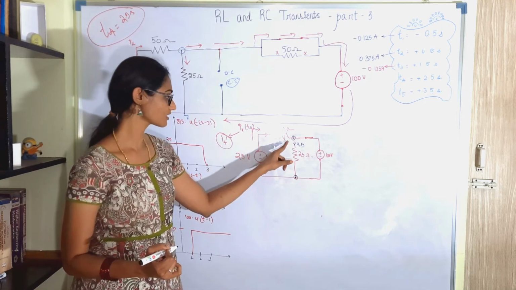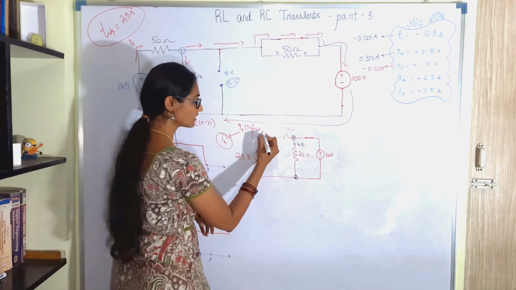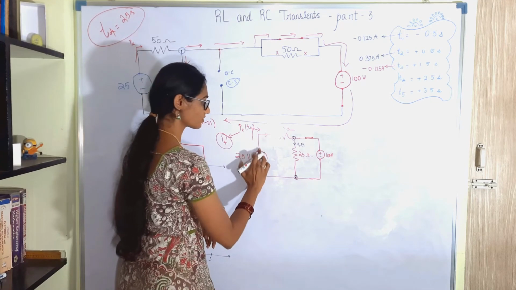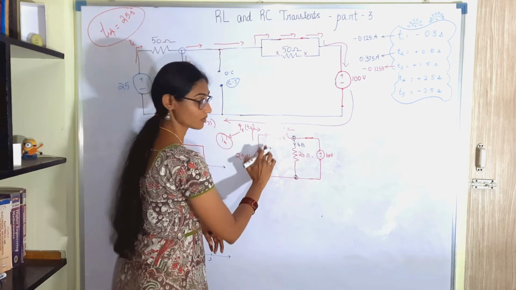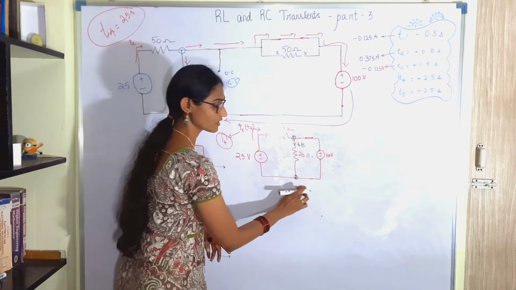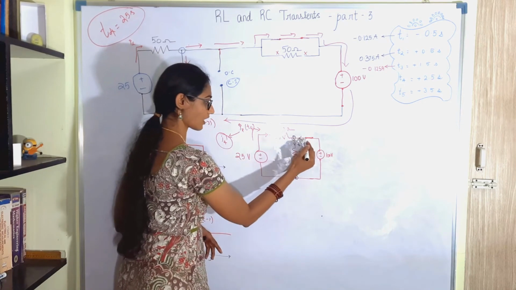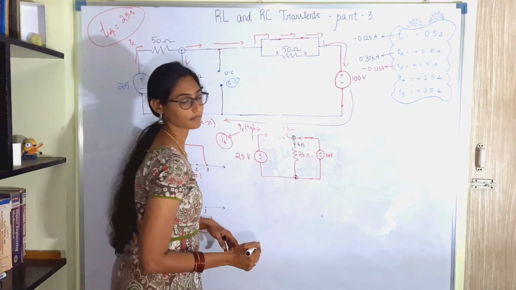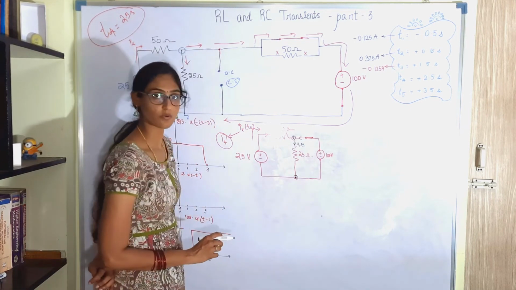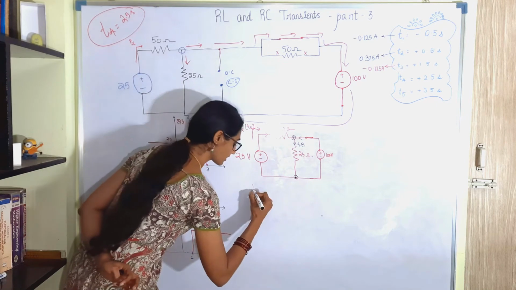So what is this current? This current is the sum of the current flowing into the 50 ohm and the current that is flowing into this. So adding both these, you will get 4 ampere. Let us apply Kirchhoff's voltage law into this loop. So by KVL,